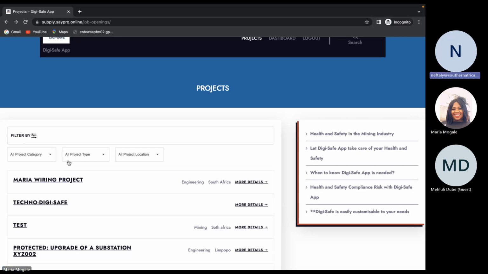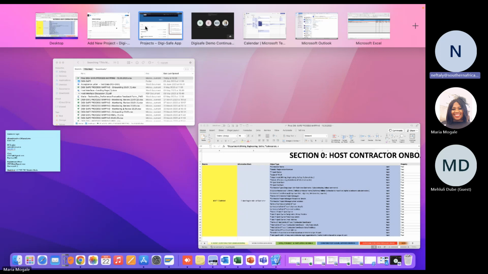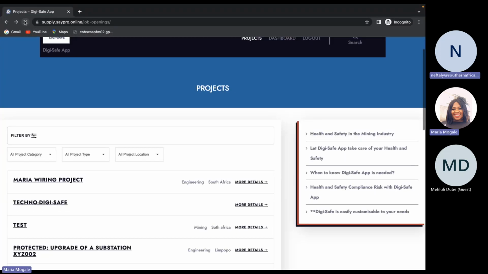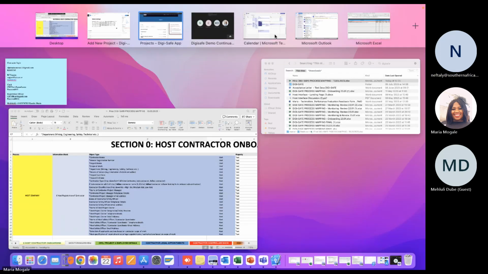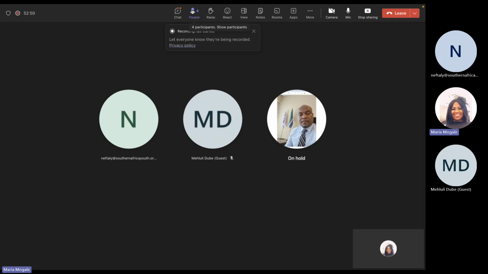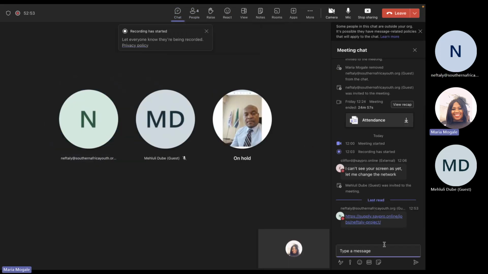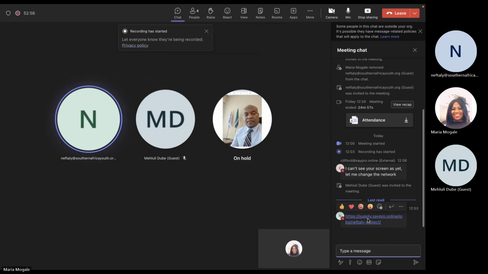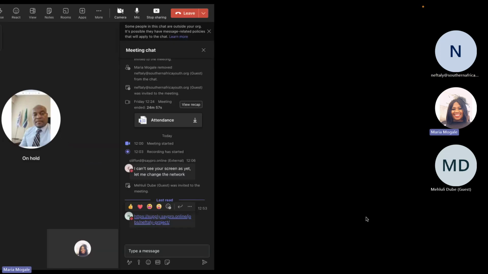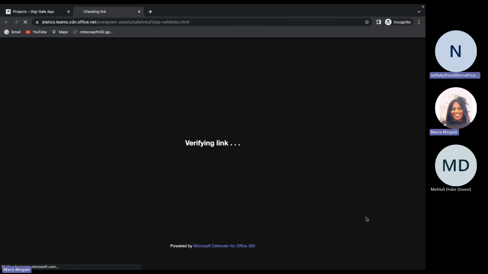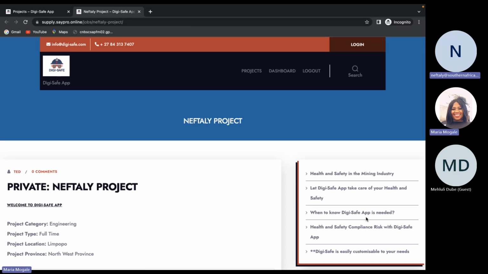So you've seen the Neftali has disappeared, so it's no longer visible now. So meaning that you can't see it, but now I will still be able to send you a link. So if you can check on the chat, please go to Teams. So we will assume I've sent you an email to the chats. There it is, please open it. Because it is by invitation. Can you see now? Don't do anything. Can you see it's now visible?